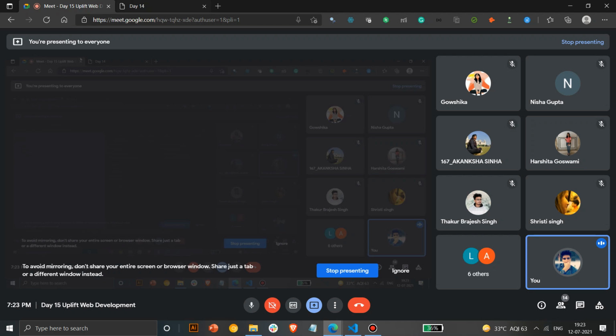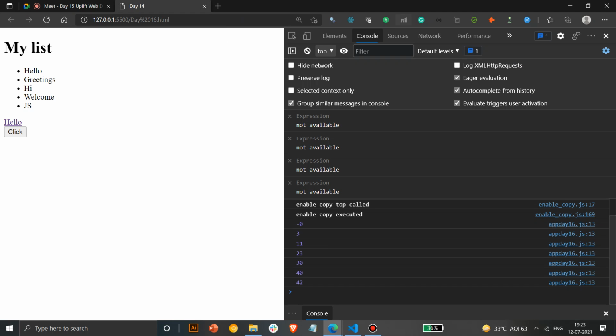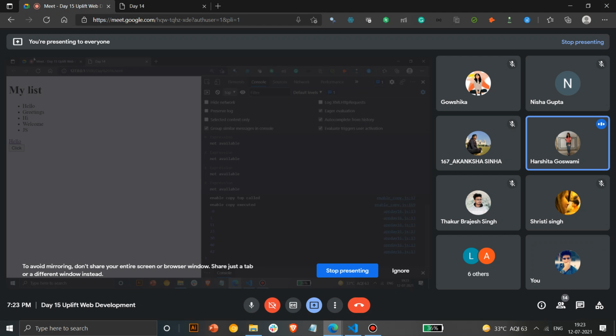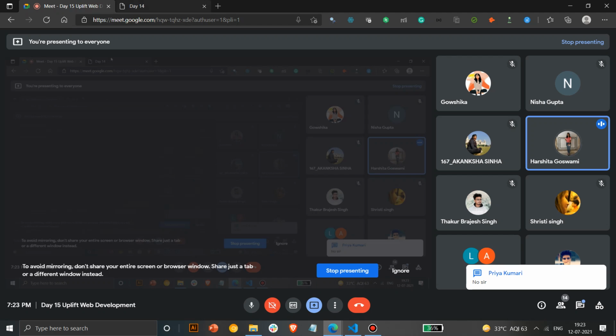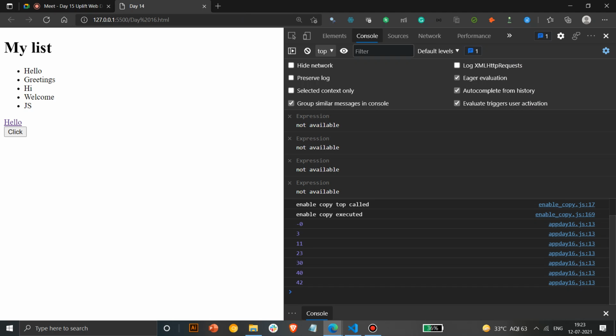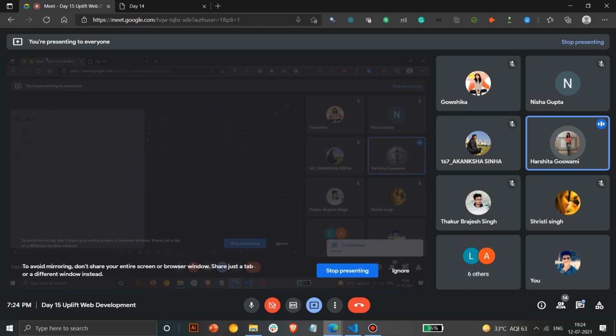Okay, any doubts about the difference between offset and client? This is really confusing, so if you guys have doubts, please stop me. I just want to ask, when can we use them? Where will they be useful in real world projects? Okay, so I'll show you. Can you explain with an example?